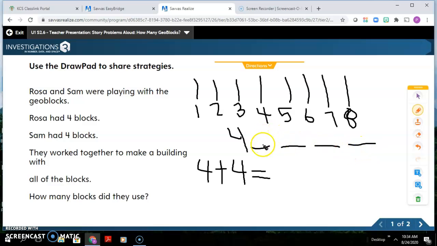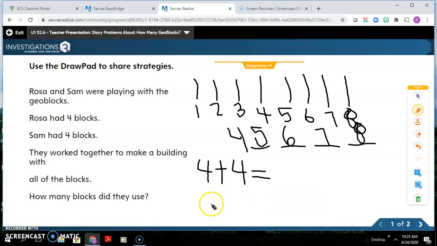I'm just going to draw 4 lines to represent Sam's, and I will put the numbers. I have trouble making that 8. So when we counted all, we got 8 as our answer, and when we counted on, we got 8